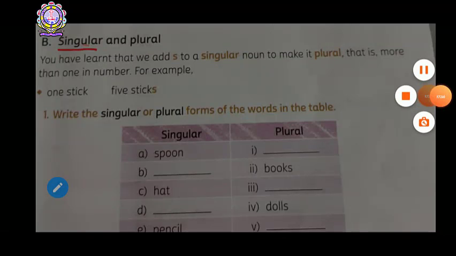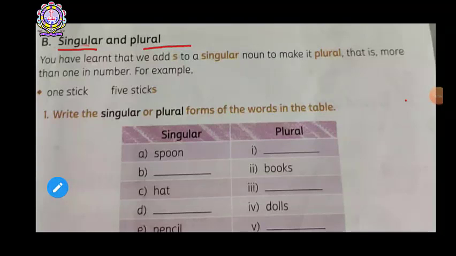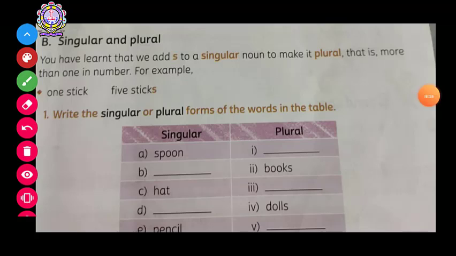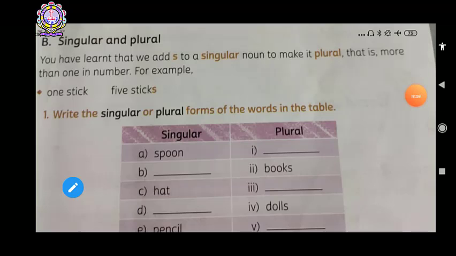Now what is plural? Plural numbers are those when your things, your objects, your persons are more than one. I will draw something and I will show you. If something is 1, then this is your singular number. And if some things are 2, suppose, wait. So this is your 1 line, and these are your 2 lines or 3 lines.